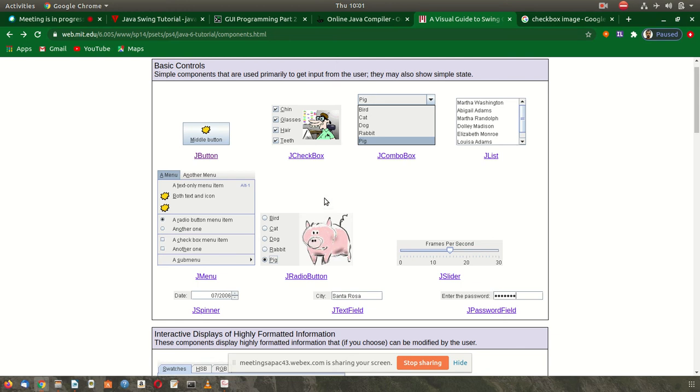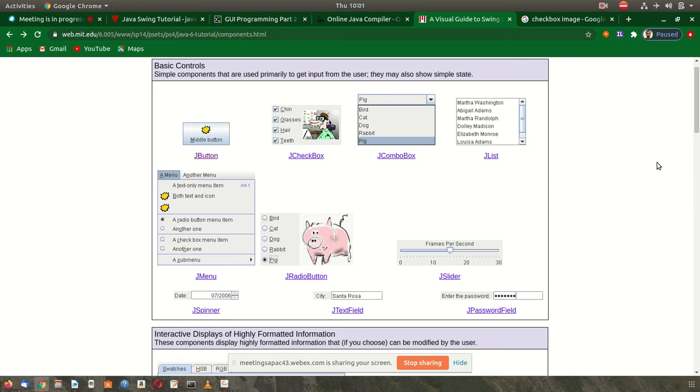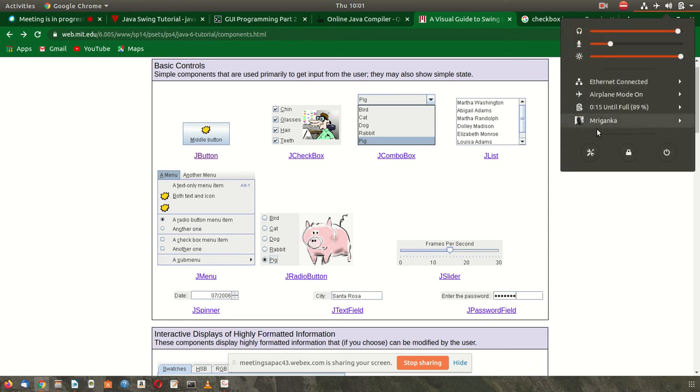With a radio button, all the options are visible to you beforehand. If you have 5 options, like here bird, cat, dog, rabbit and pig, all the options are visible, and you have to select one. In a combo box, options are not visible until the list drops down. That's why it is sometimes also called a drop down box. Then options are visible, and otherwise the area where the list comes can be used for other purposes.